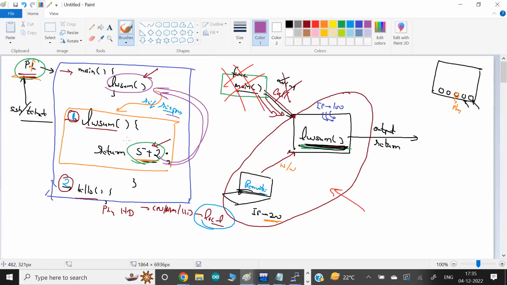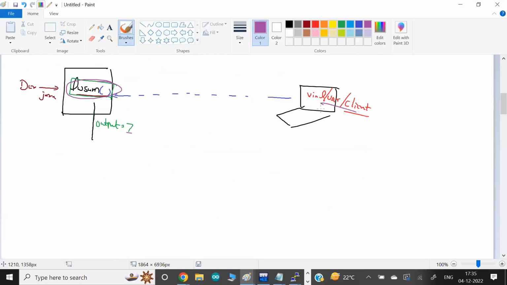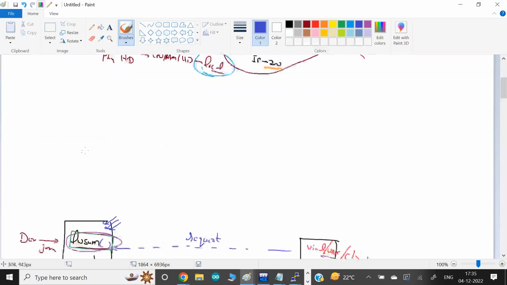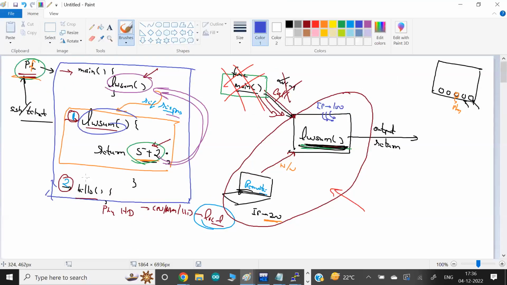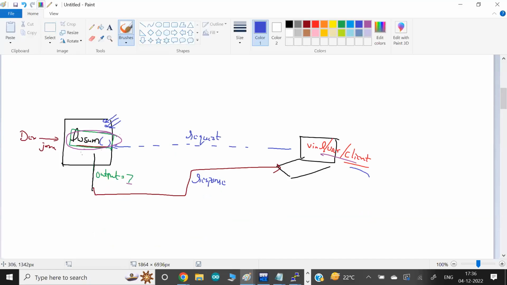Here, because we are calling this function from a different computer, who will get the output? You. Technically, when you call the function, it will give the output to you. So you are requesting to run this function, and the function is responding. Again, it's a request and response methodology, and you are a client. This is more like a service, more like an app, but not a big app containing lots of functionalities, 1 and 2 and 3. This app contains one single functionality, whatever we did in the function.